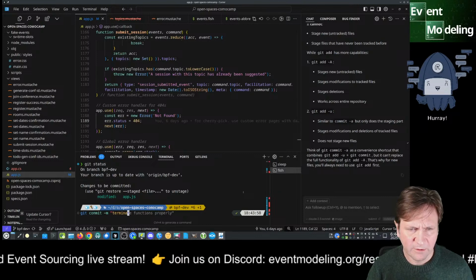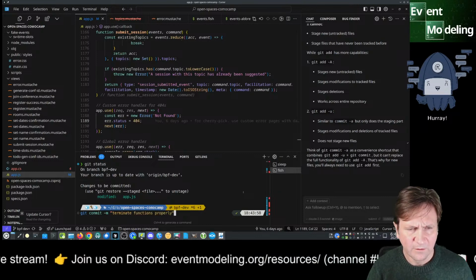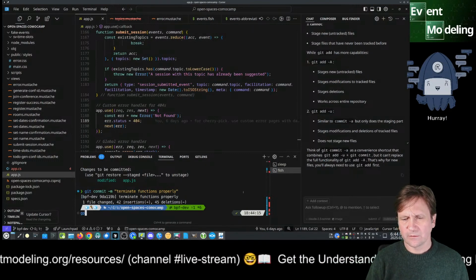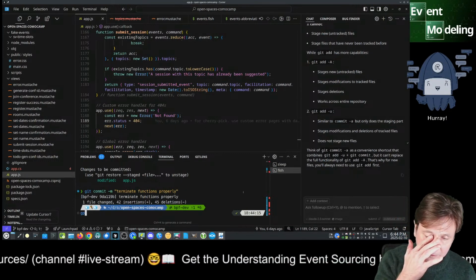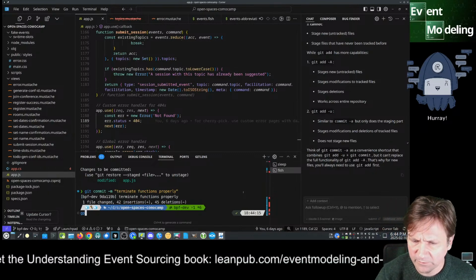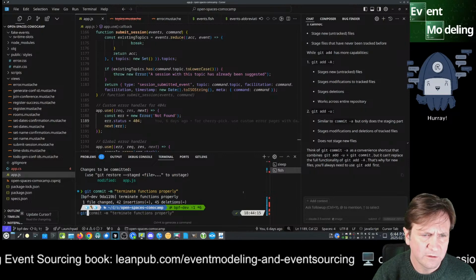I guess that's the same thing. I'm not gonna push this up yet because it might not work. I'll probably just reset the branch and try it again with a different strategy. Git merge,